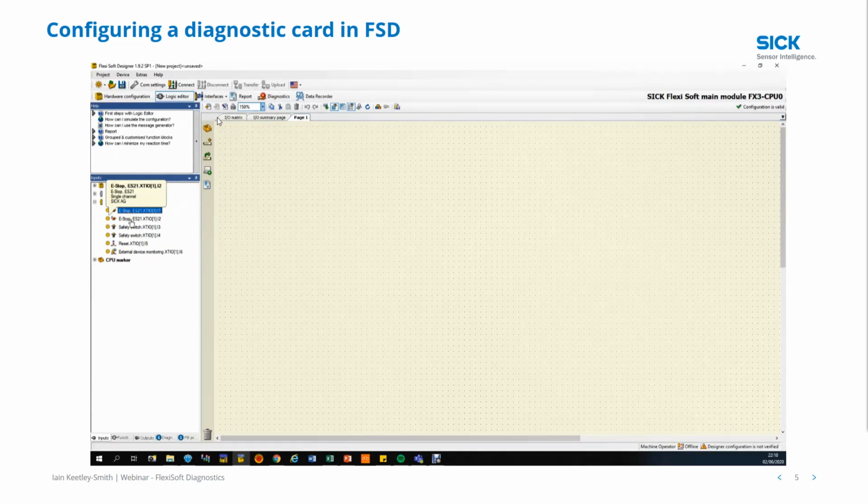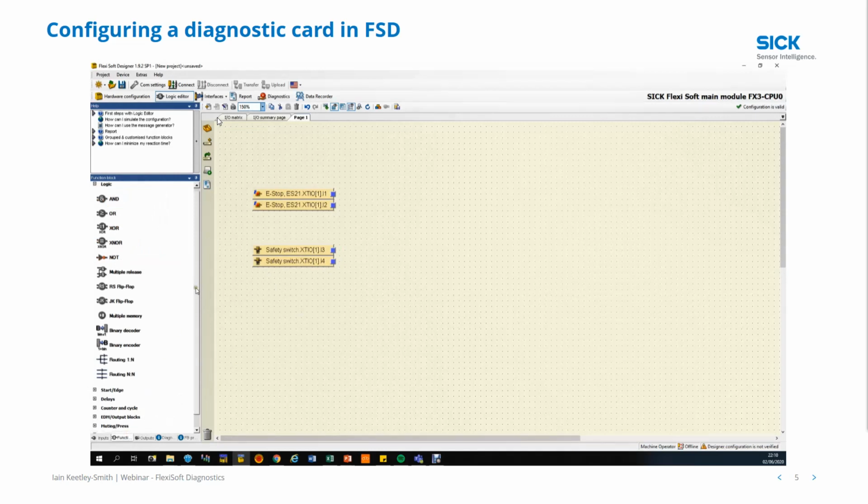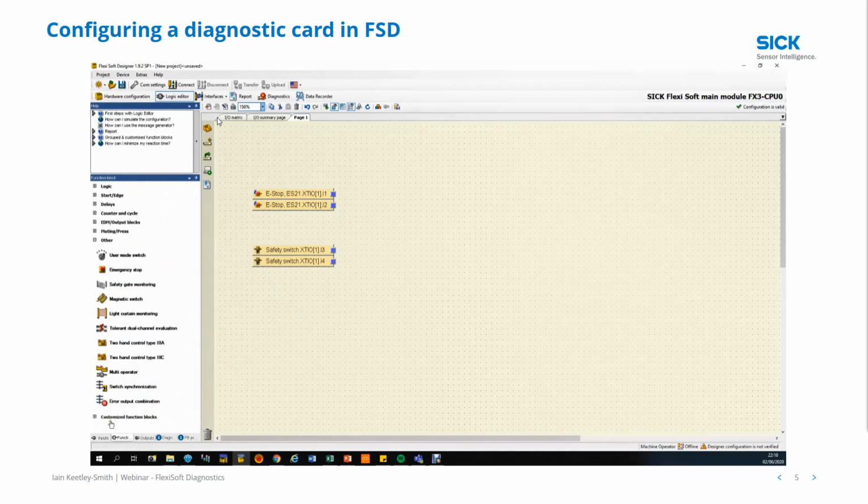I bring the two e-stop channels over and bring them into the editor here. There we go. And I'm now going to select the two switches. You can see that when the device has been used in the logic it goes green, when it's not been used it's black. I'm going to go to function blocks here and go for other, because we've got emergency stop